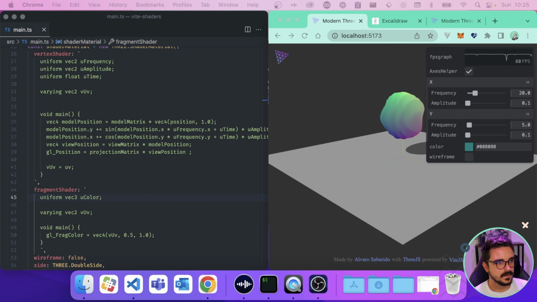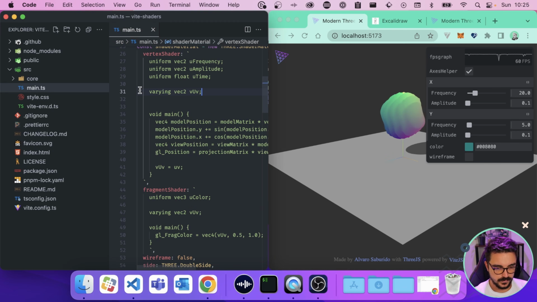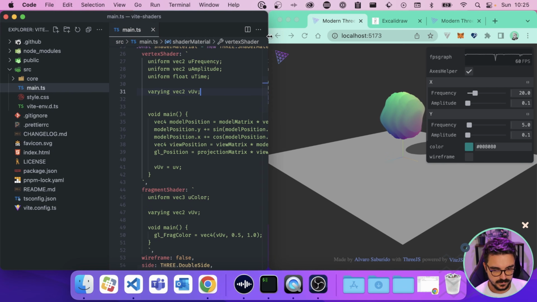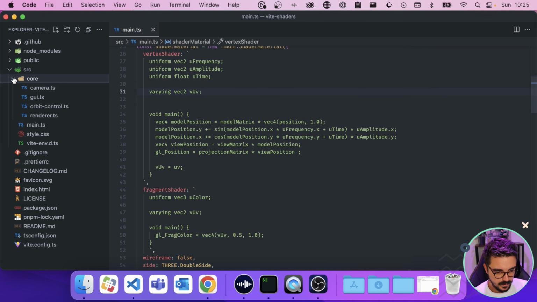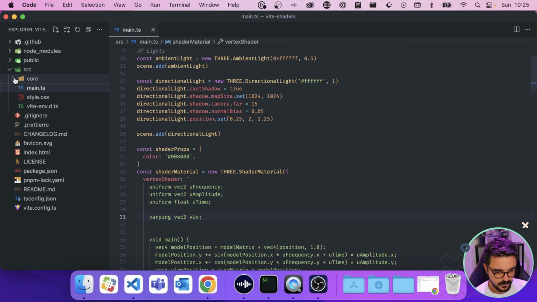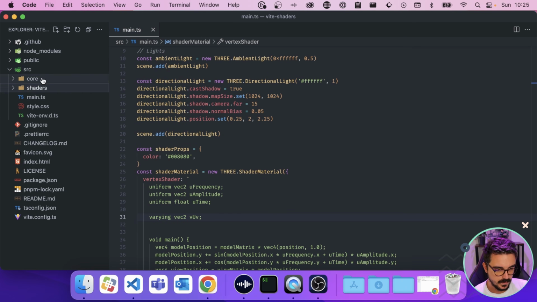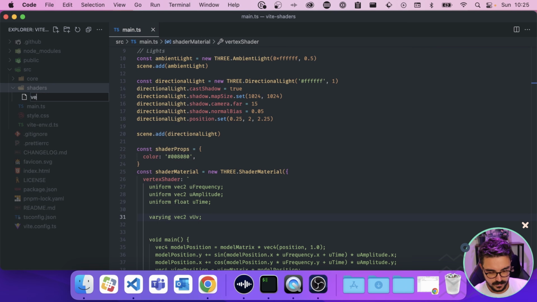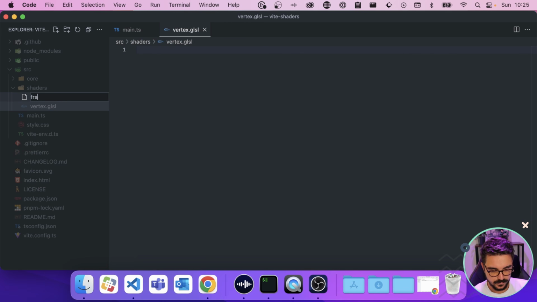So we can create some shaders here in our folder. If I open the file explorer here, I'm gonna use the full screen, right? And this is our main TS, which has our program. We can create a folder called shaders. And inside of it, let's create a vertex GLSL, and another one called fragment GLSL.